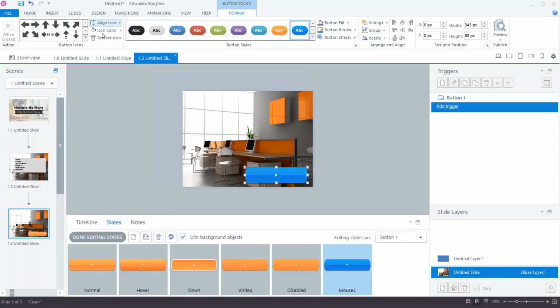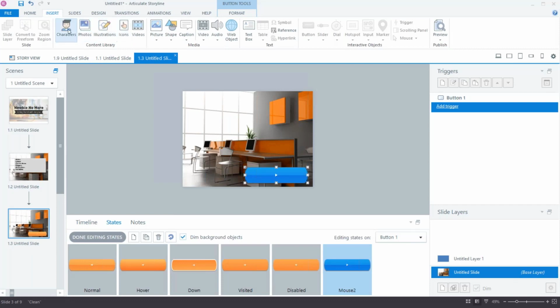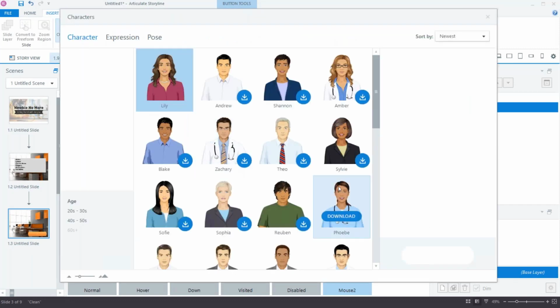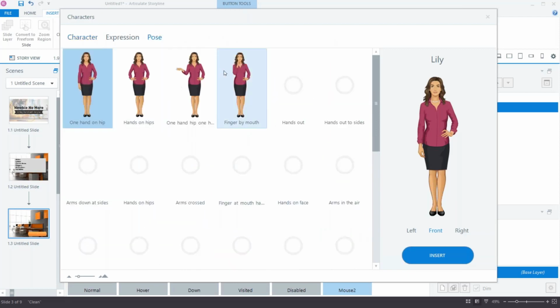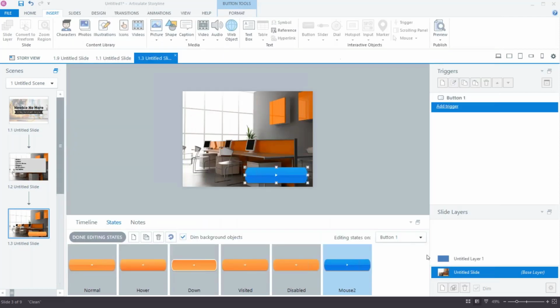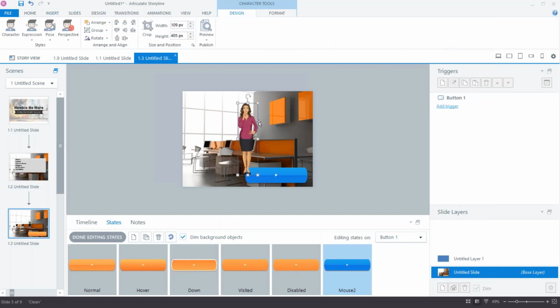And then maybe I also want to insert a character here. So I can insert her just on this state. So she only appears when it changes to this state.